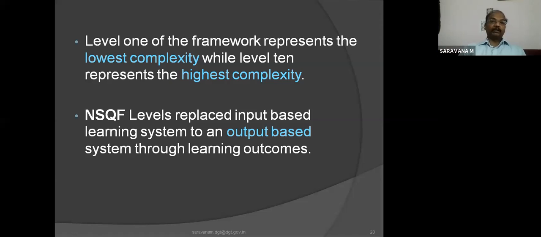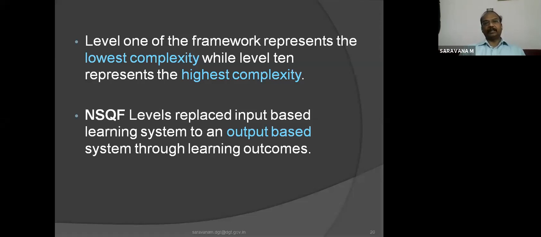Like Bloom's taxonomy, in the cognitive domain the lowest level we have seen is knowledge. So knowledge is the foundation, or understanding in the revised taxonomy, the basic. And here the lowest complexity, the lowest level, is level 1, where a person may not have a formal education, cannot read or write, but has some skill. So at level 1, he can follow, he can listen and do that work. So that will be level 1. If he properly does the work, then we can certify this person as fit to get the level 1 certificate.